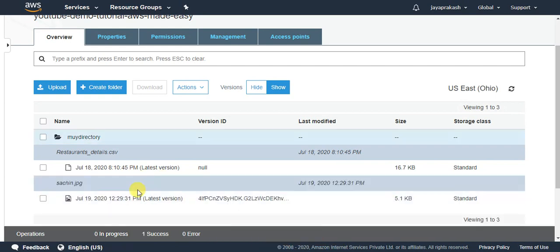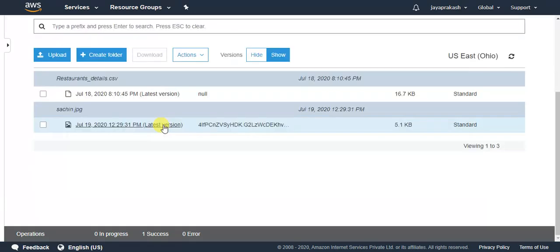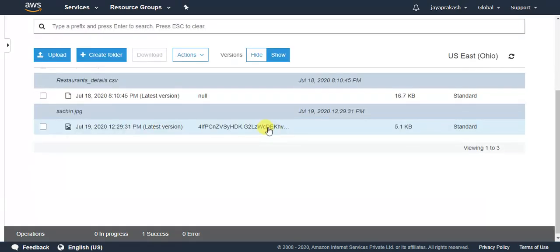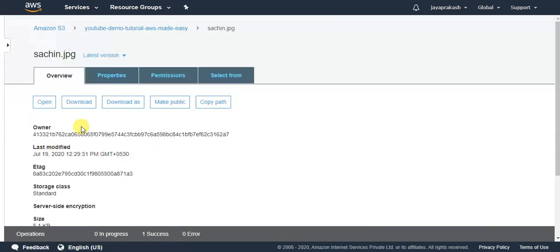Okay, so now my image is uploaded. If you see here, for this Sachin.jpg we have a version ID. This is because I have now enabled versioning. Every time I upload a file, it will have a version ID. Let me open this file. This is the file that I have now as Sachin.jpg.